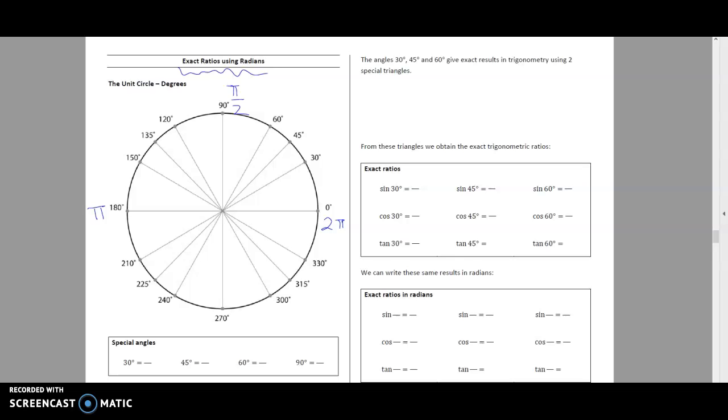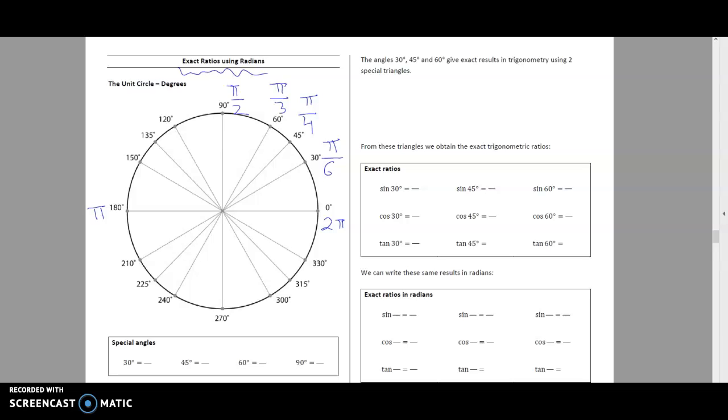A third of 180 would be pi on 3, which is 60. A quarter of it, 45 degrees, would be pi on 4. And 1/6 of it, 180 divided by 6 is 30, would be pi on 6. So that's how we convert those degrees into